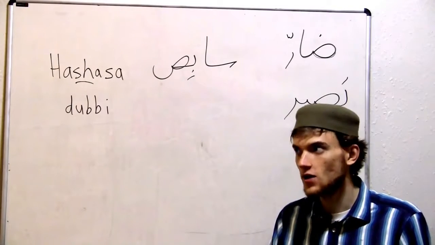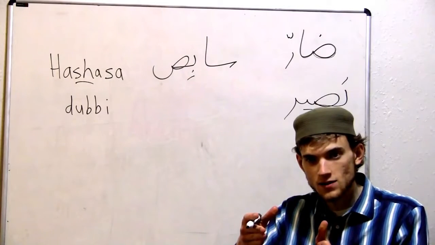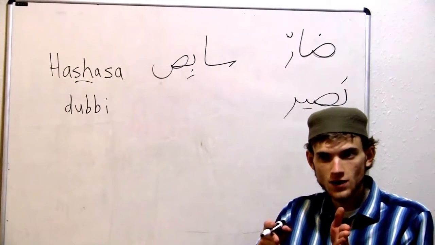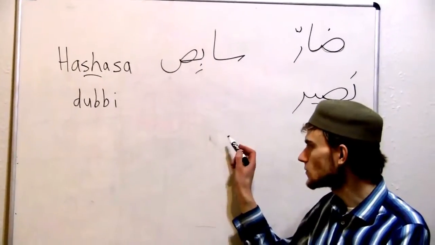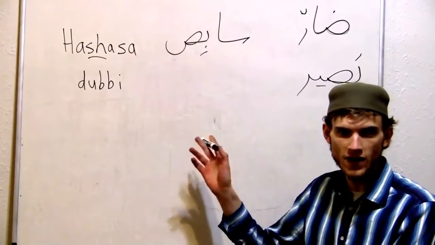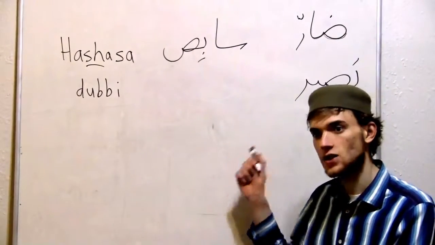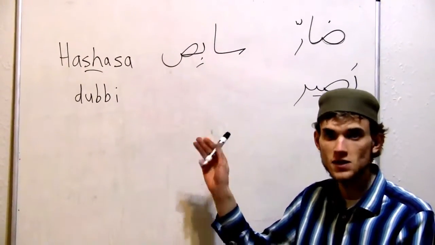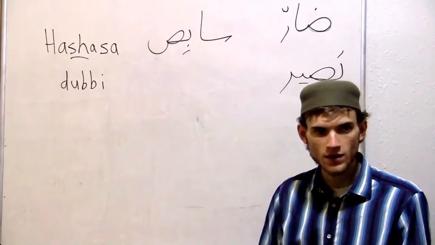it's a well-designed thing because it goes from letters that don't have dots to letters that do have dots, and it goes from letters with fewer dots to letters with more dots, or actually a better way to put it, letters with dots under the line, then no dots, then above the line. So for example, we have ba, ta, tha, right? With ba, there's a dot under the line, ta, 2 dots over the line, tha, 3 dots over the line. Similarly, jim, under the line, ha, no dots, kha, 1 dot over the line, right?